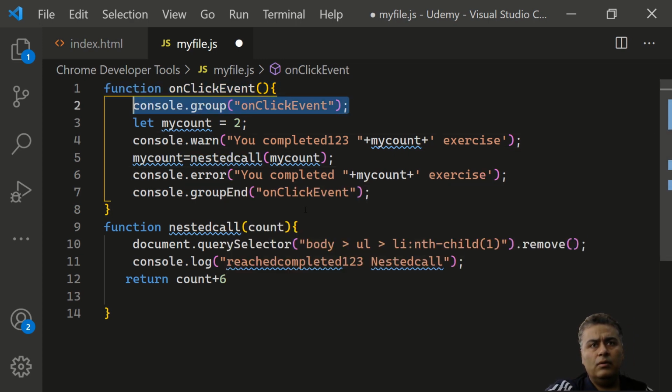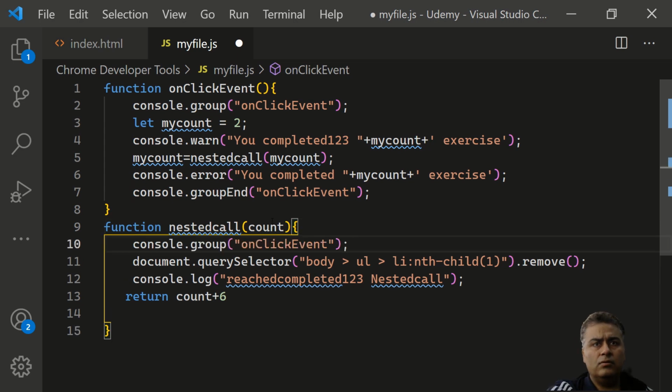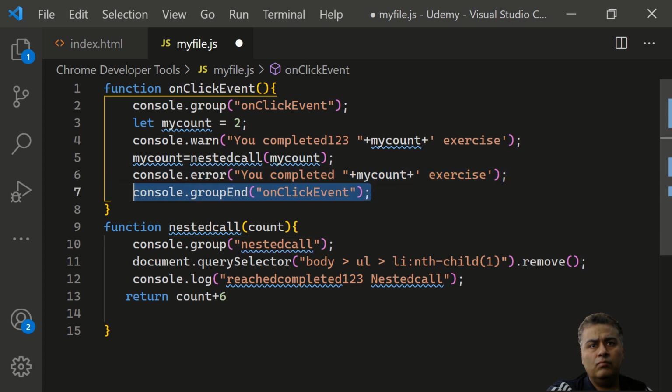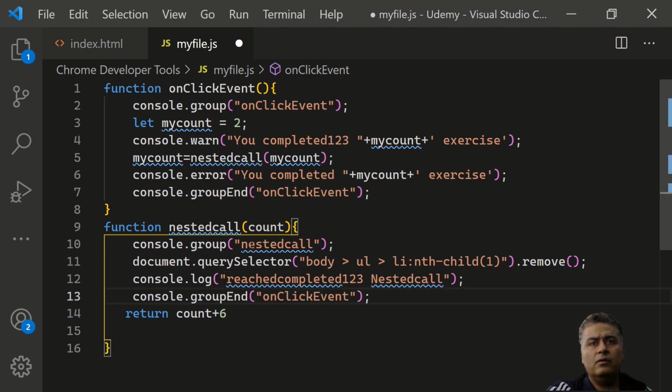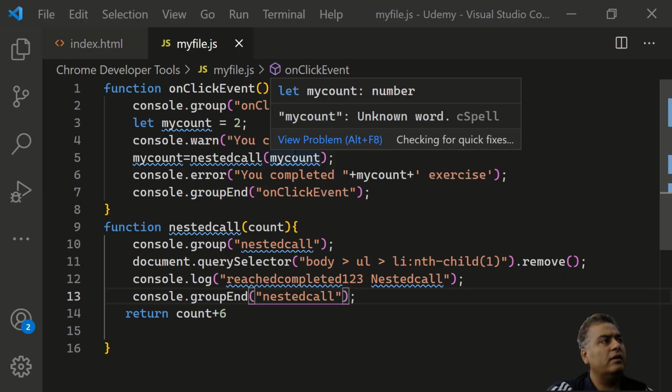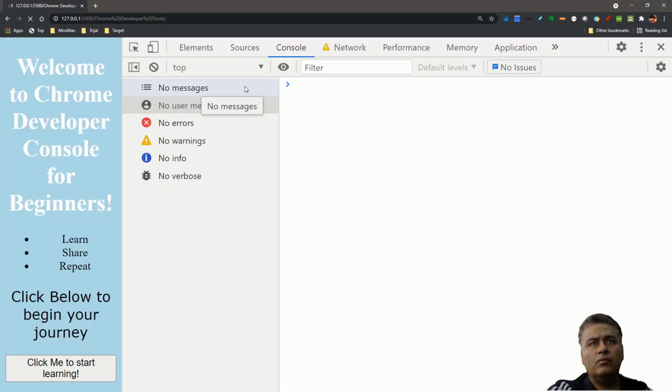And now, in case this function is also called, we will log that also, right? And then we end this, right? And I just press save, and because it is live server, so now, as of now, the